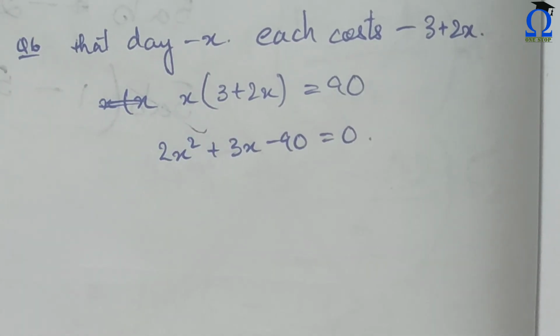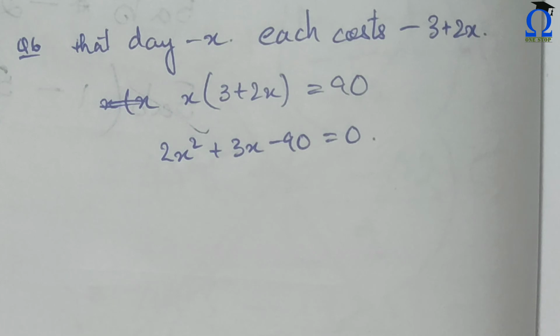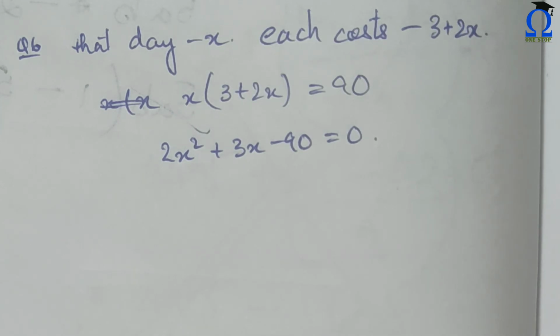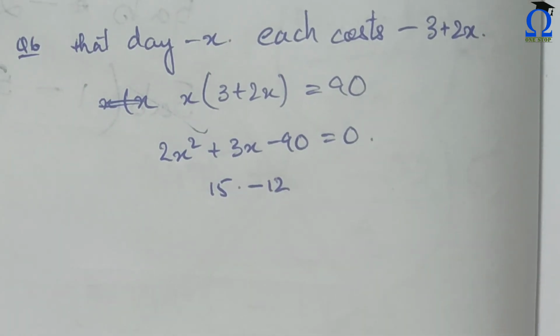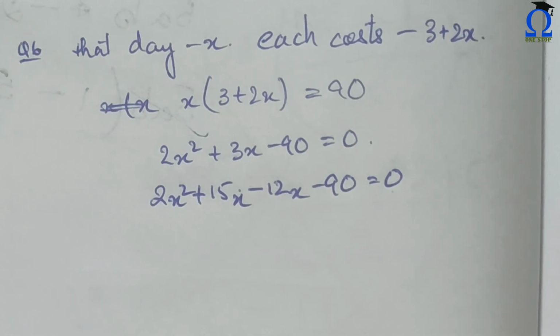Okay, now we will have to think about two numbers such that their sum or the difference is 3 and the product is minus 180. See here, 2 and 90 is there, so minus 180 should be the product. So plus 15 minus 12 would be the perfect combination. And now we will move to the further steps.